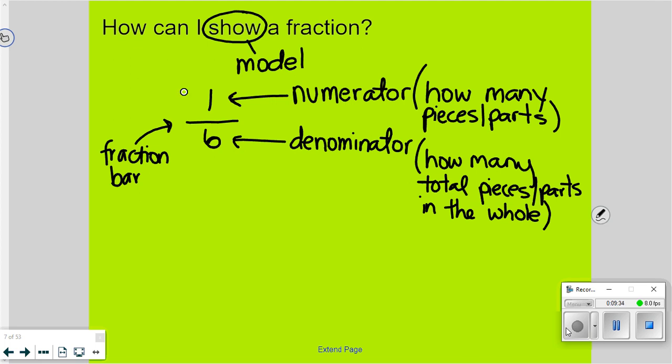One whole shared with 6 friends. Can you picture what that looks like? One thing shared with 6 friends. It's going to be broken up into 6 parts. So you've actually been playing with fractions a lot longer than you knew. You're welcome. Every time you were dividing is technically